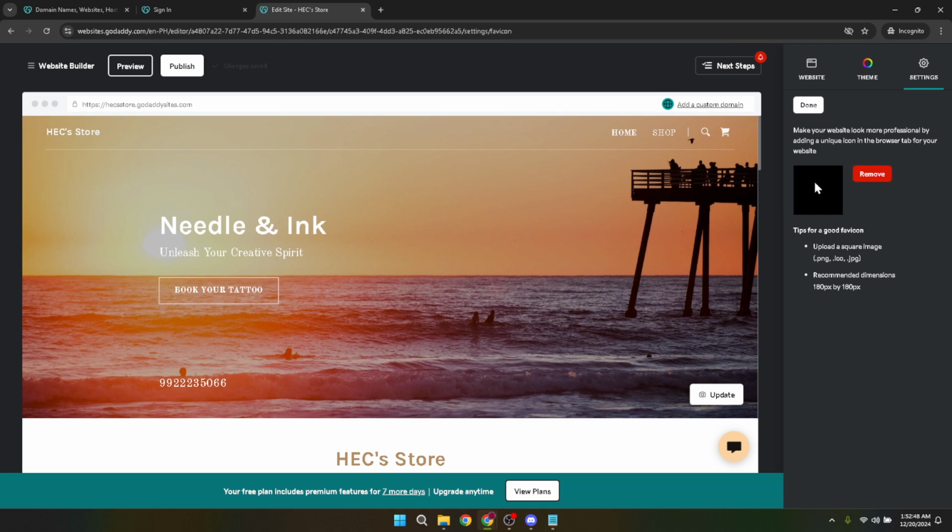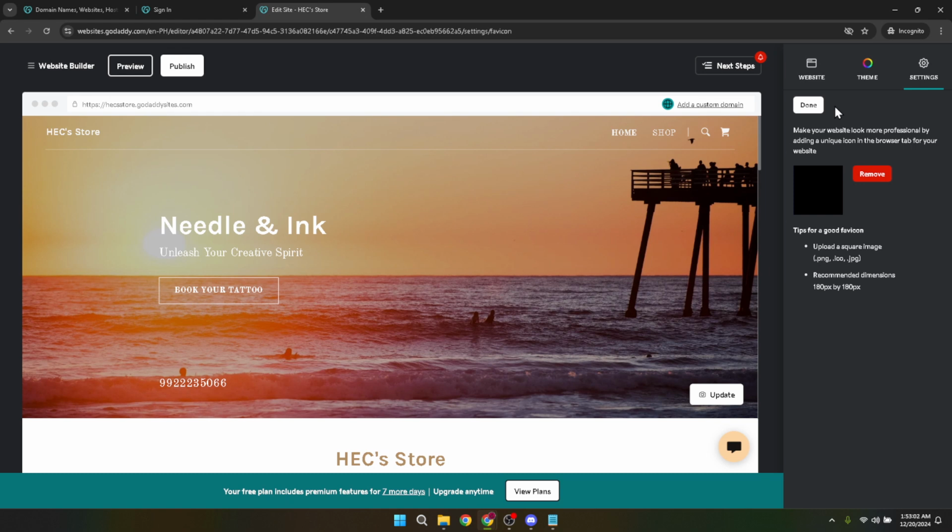It's also advisable to use a simple design due to the small size of the favicon. When you've selected an appropriate image, proceed to upload your favicon photo by clicking on the designated upload area. After you've uploaded the image, it might take a moment for the change to reflect across your website. It's also a good idea to clear your browser's cache, or even check the site from a different browser to see the favicon in action, as sometimes cached data might not show the updated favicon immediately,